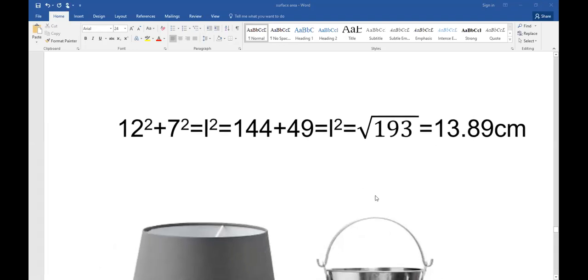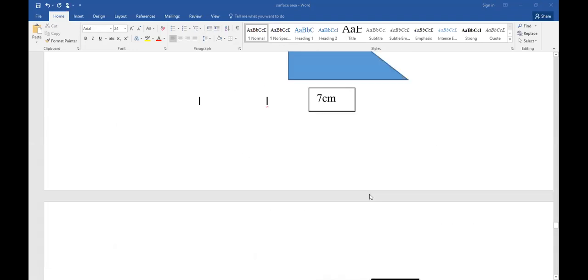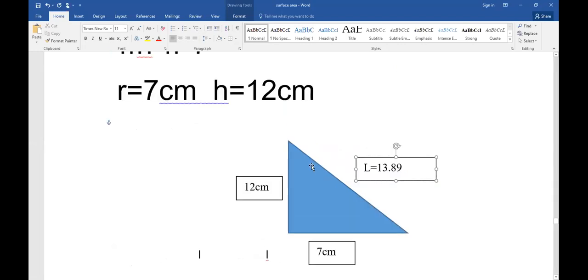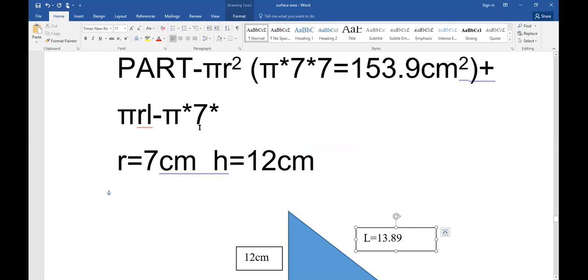So we have 13.89. So the L here can now come here to L. We now say L is equal to 13.89. And so we can go back to our formula of pi times r times l. So pi times 7 times, you can now comfortably put 13.89. And the answer there is going to be